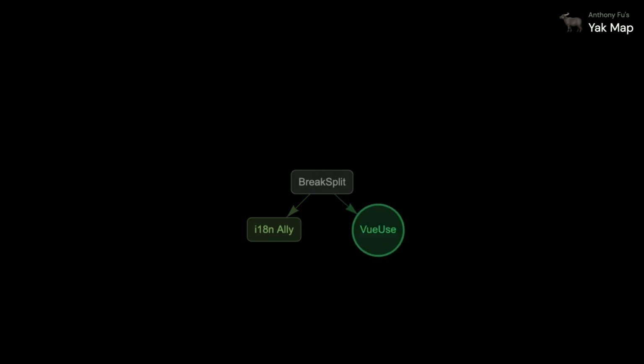From this Break Split project, I extracted the composables used internally to become VueUse. At that time, Vue 3 was not yet ready, and the community still hesitated about whether the new Composition API was good or not. So I was trying to make VueUse work on both Vue 2 and 3 to cover most users, and make the transition easier for people migrating from Vue 2 to 3 in the future. So it's kind of like the set theory mindset that we talked about last year.